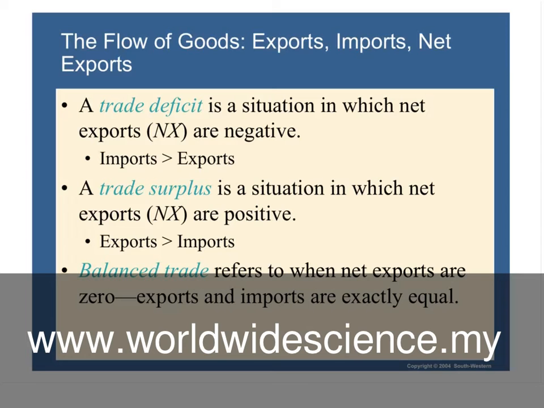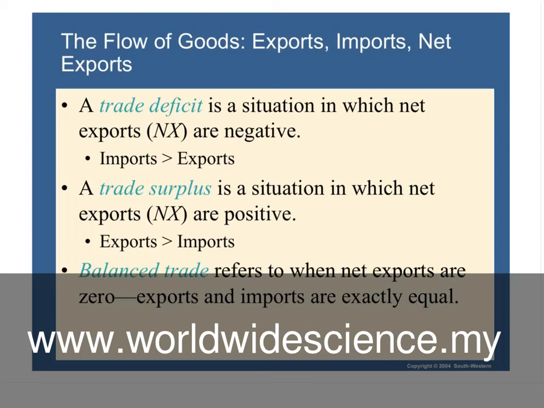Iran has a closed economy. That's absolutely true. It's a very good example of a closed economy. So a trade deficit is a situation in which net exports are negative, so your imports are higher than your exports,